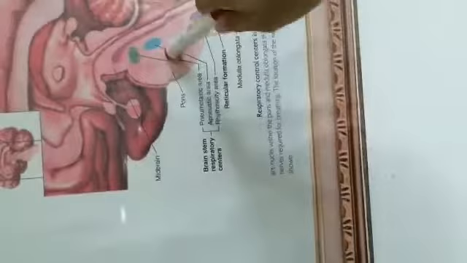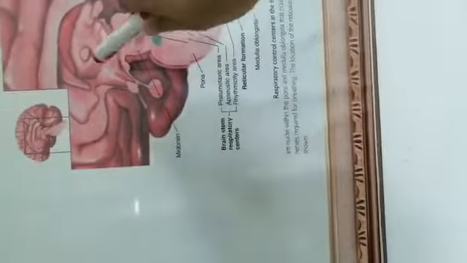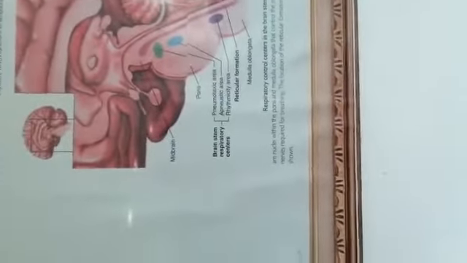Reticular activating system, reticular activating substance, is a part of the reticular formation which is basically concerned with awareness. This reticular activating system is responsible for blocking certain impulses which are going to the cerebrum. It is basically a gateway which allows certain impulses to be passed to the cerebrum while it blocks others. The importance of this reticular activating substance is that it is concerned with awareness.